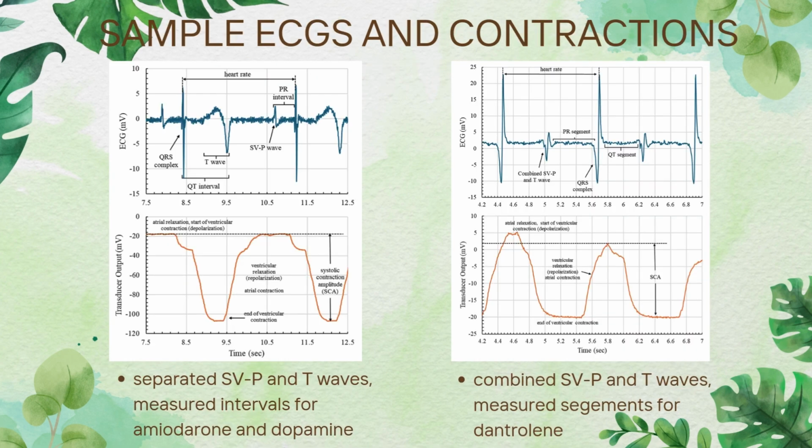All right, our sample ECG and contraction recordings. The left one shows when we had separated SVP and T waves, and this is how the ECG recordings appeared for the treatments of amiodarone and dopamine. The heart rate was calculated by measuring the RR interval, or the time between each R as shown in the figure, and dividing 60 by that value to report the heart rate in beats per minute to the nearest whole